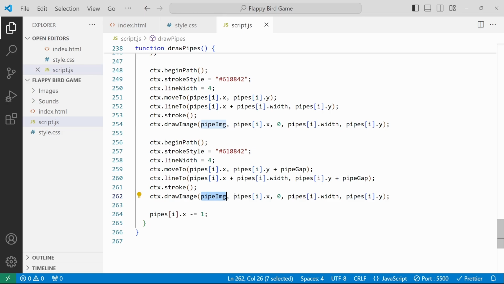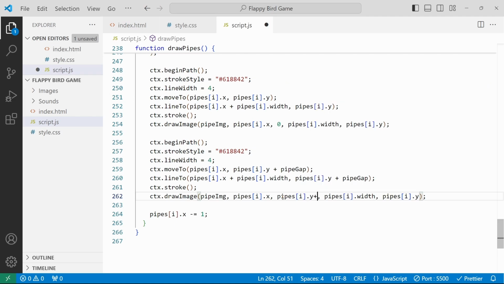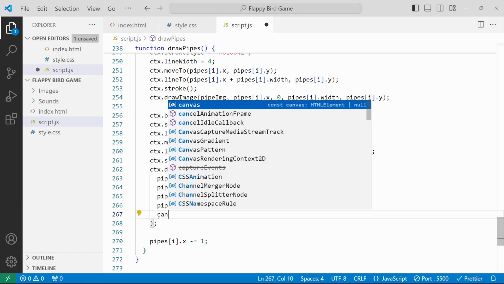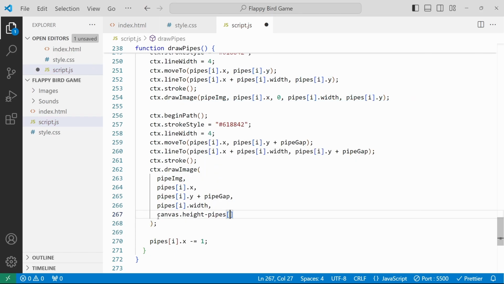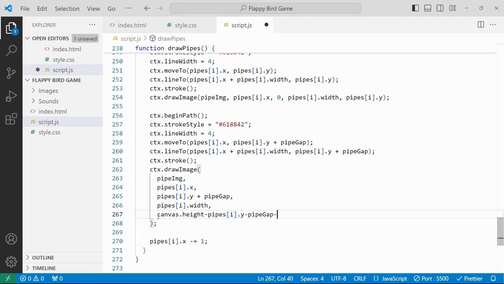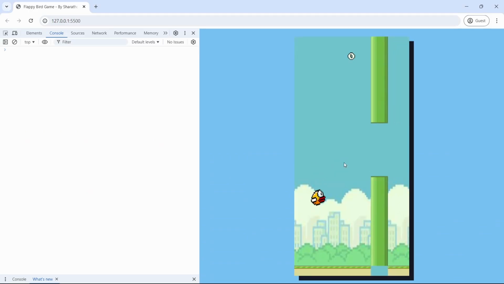this same pipe, and then we need to add the y from here, pipes of array of i.y plus pipe gap, and then height also we need to add. Instead of this y, we need to set to the canvas.height minus pipe array of i.y minus pipe gap minus that ground height. If I save, if I go to the browser, if I hit on play, now we can see the pipes